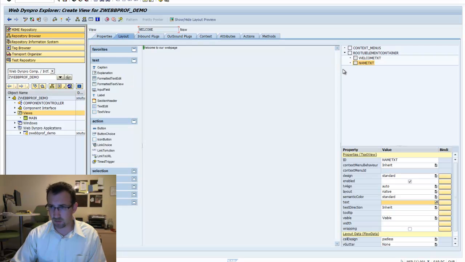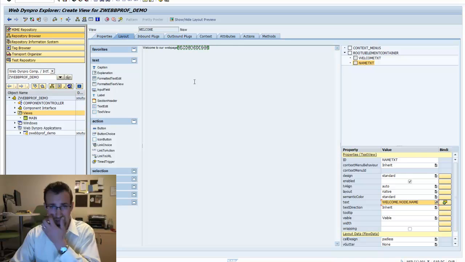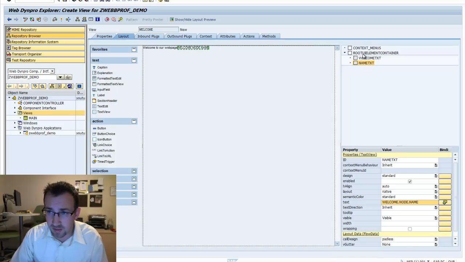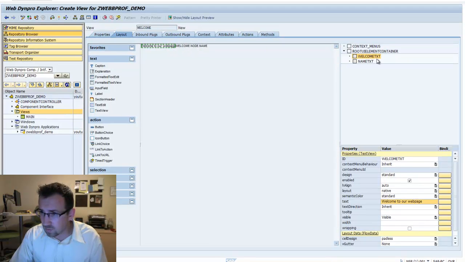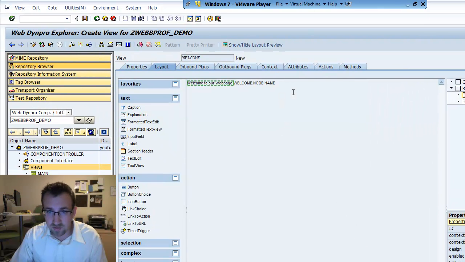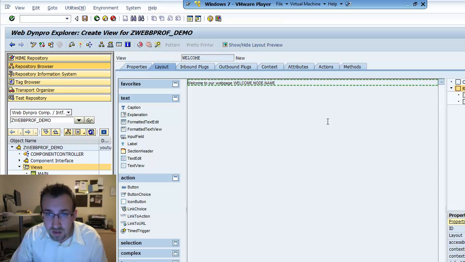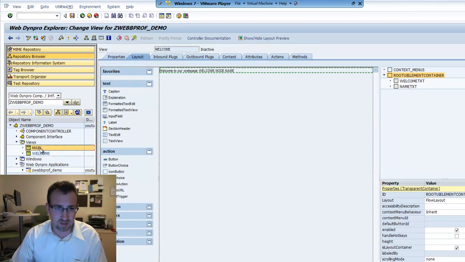Go back to our layout, select our name text, and we're going to say text equals the value of the name. So you can see that right there. Cool. And on this welcome text, we're going to add a little R padding, so it gives us a little space on the right. Perfect. Alright, so we'll save that. We'll see our welcome page there. We'll go back to the main view,